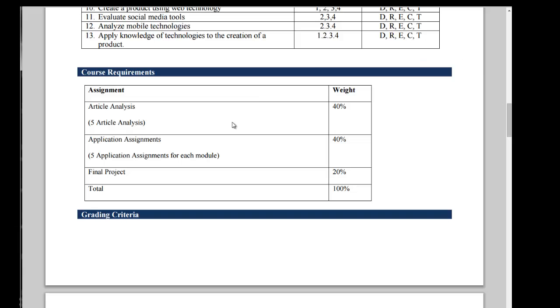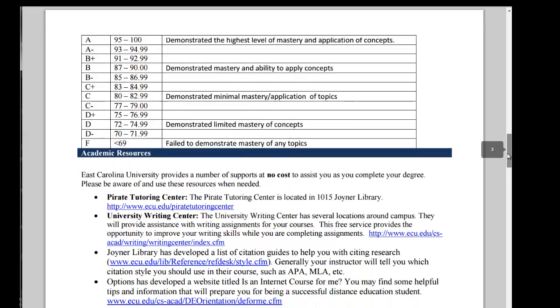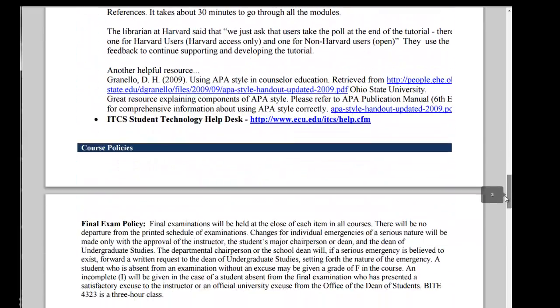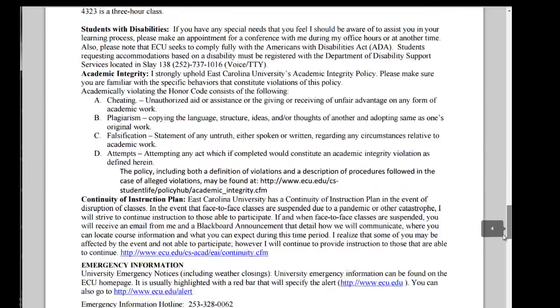So if we look here, you have 5 article analysis and 5 application assignments and 1 final project. So those are the requirements and the percentage that each of the assignments are worth. And again, there's a great deal of information about the course, the requirements throughout the syllabus, so please go through